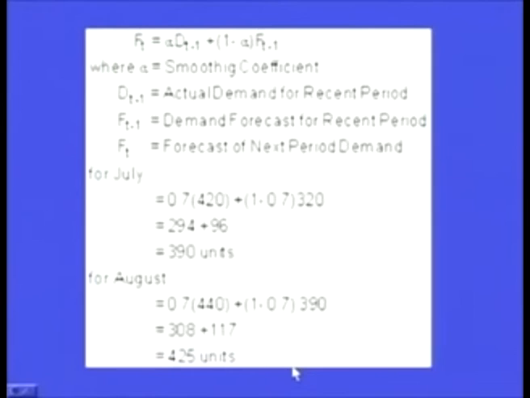So we have seen that exponential smoothing is a much better method as compared to the simple average method, because the forecasts generated using this method relate more closely to the actual demand. But we cannot say in each and every case that this method is going to be beneficial. There will be certain business cycles in which simple averaging of all the previous observations would be much more beneficial as compared to exponential smoothing. Depending upon the business environment, a decision always has to be taken as to which method should be used under which circumstances.